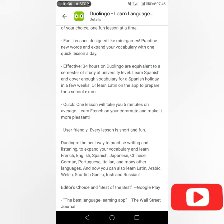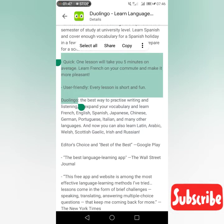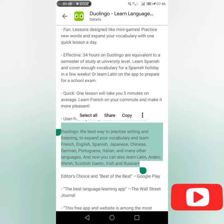So every lesson is short and fun. So Duolingo, the best way to practice writing and listening to expand your vocabulary and learn French, English, Spanish, Japanese, Chinese, German, Portuguese, Italian, and many other languages. And now you can also learn Latin, Arabic, Welsh, Scottish Gaelic, Irish, and Russian. So these are the new languages they have available on this application: Latin, Arabic, Welsh, Scottish Gaelic, Irish, and